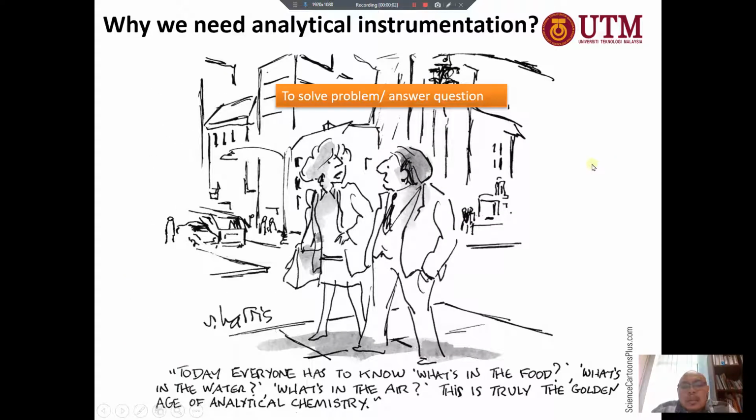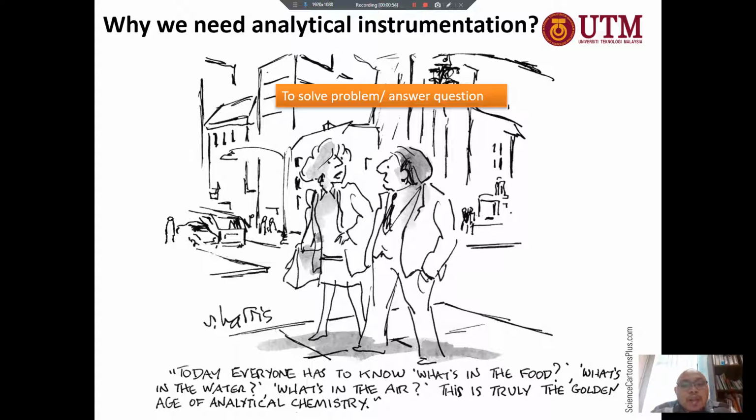Okay, first thing first, let us know why we need analytical instrumentation. If you look at the figure here, they say that today everyone has to know what's in the food, what's in the water, what's in the air. This is truly the golden age of analytical chemistry. So today everybody worries about what is in their food. Is there poison inside, or for example, if they're smoking, is there any toxic compound inside? If I'm the police, I want to know, does the water he or she drinks contain drugs or not? Okay, so when there is a question,